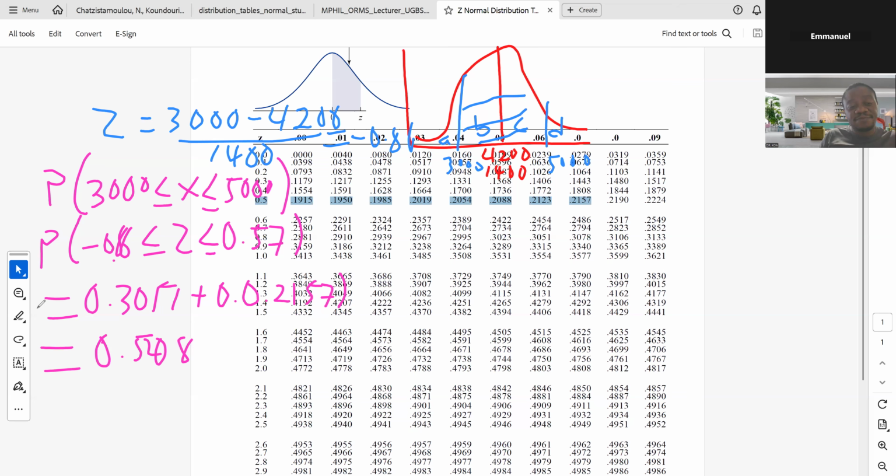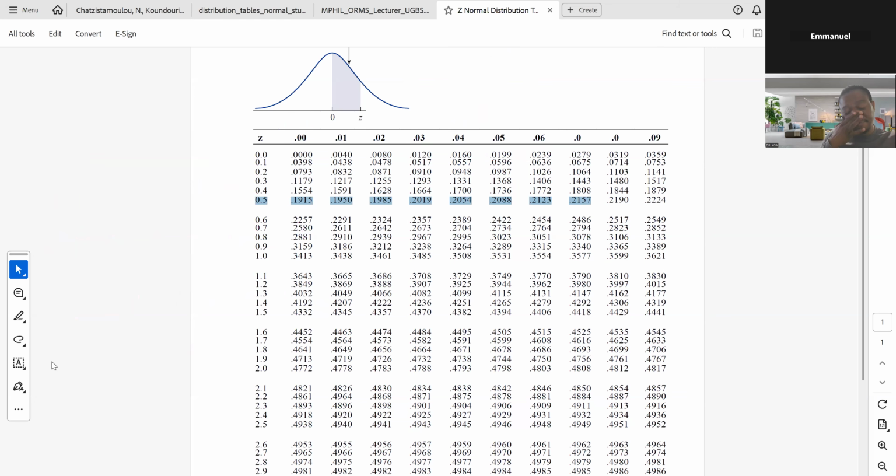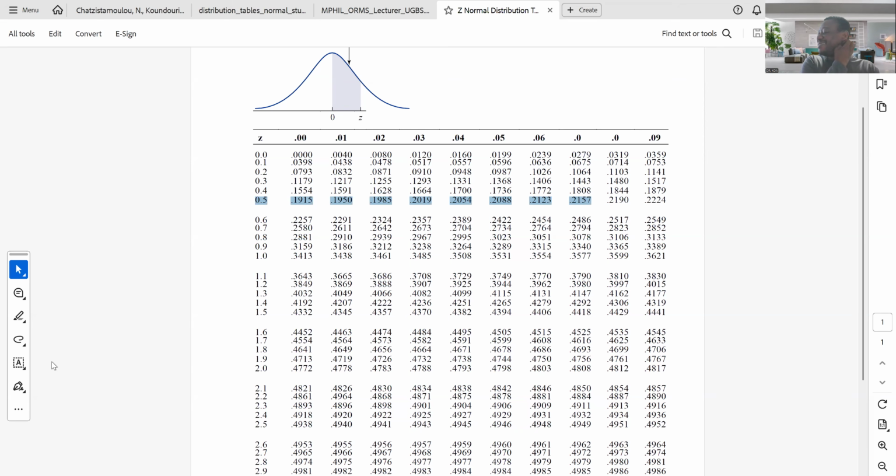Yes, Emmanuel. I wanted to ask if the inequality sign would be less than or equal to, since it's between 3,000 and 5,000. To be honest, there are no hard and fast rules as to whether it is less than or equal to or just less than. Either way is fine, because the line might be part or might not be part. How you write it, either way is fine. Thank you. Now let's go to the next one.